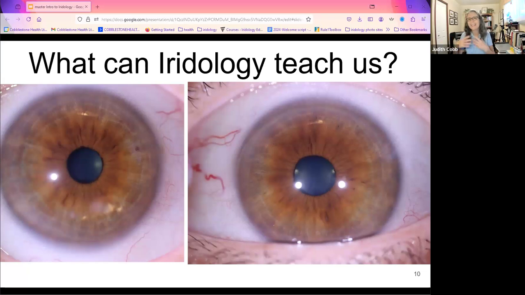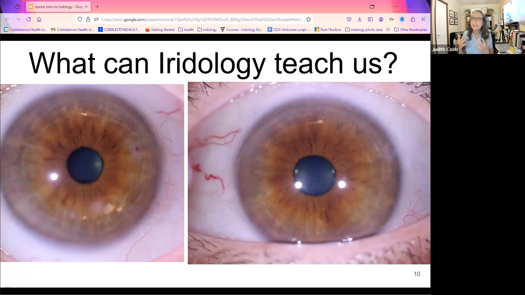And looking at her eyes, I can't tell you which one or ones of those things she's going to have problems with. But when I talk with her and she starts telling me the symptoms she's got, I can go, yeah, those are liver things. Those are rooted in liver function, right? So we really have to understand anatomy and physiology in order to connect what we see in the iris with what the client's symptoms are.